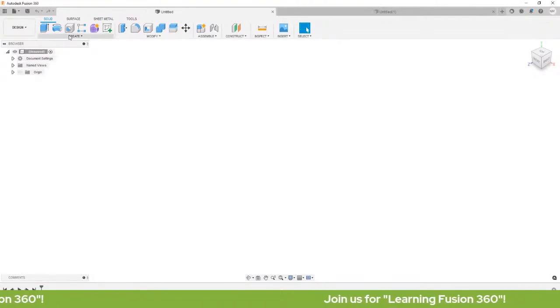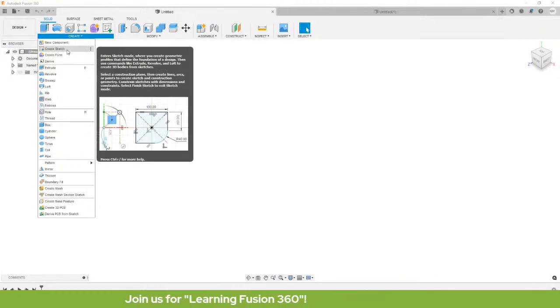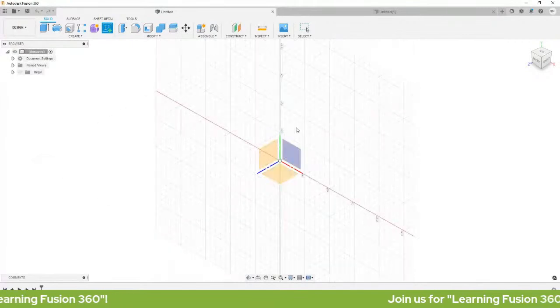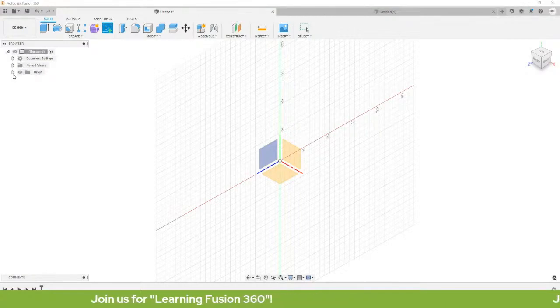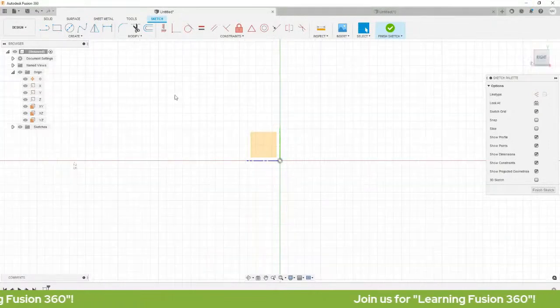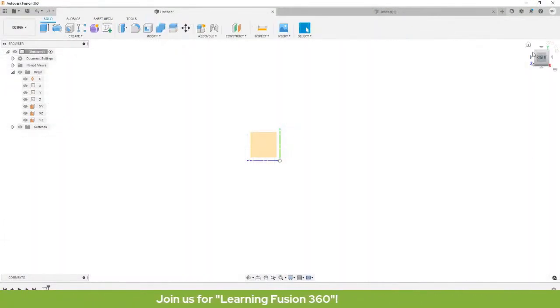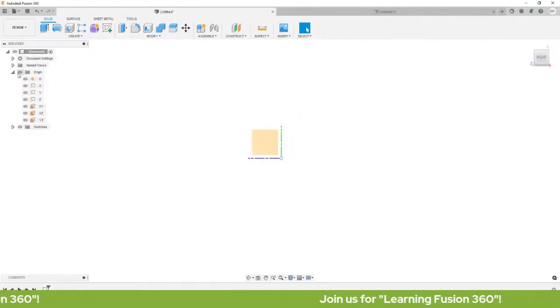Okay. So let's head over to create and select create sketch. So here's our paper. Okay. So pag tinik nyo to si origin, ayan siya.